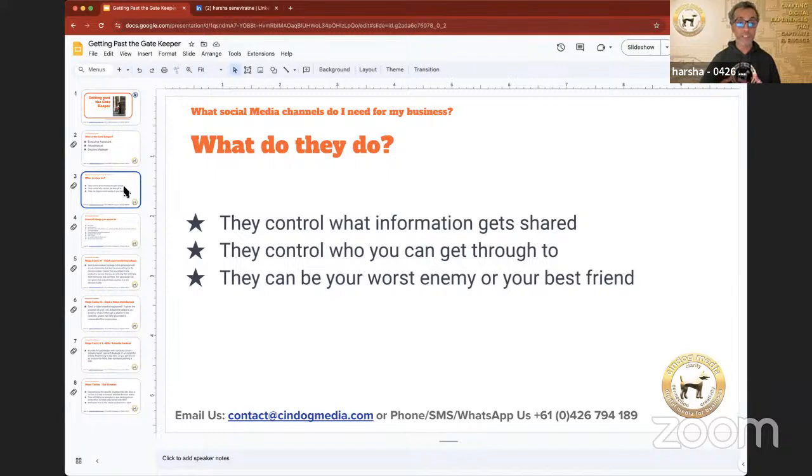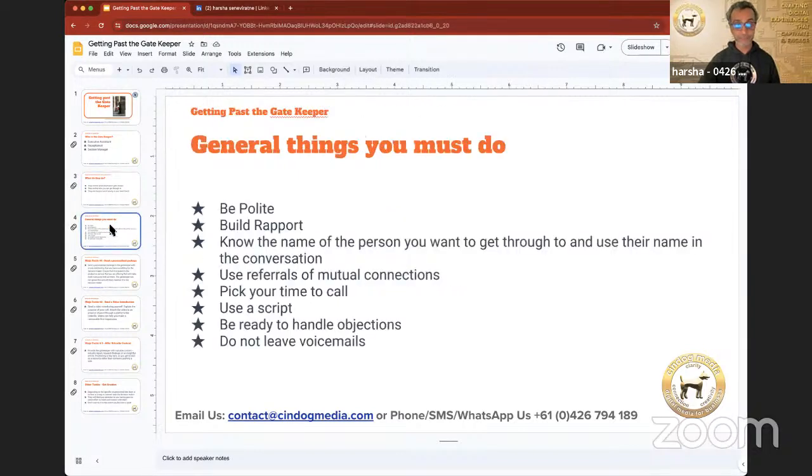If you get rejected, or if you get objections about whatever you're trying to do, whatever you're trying to sell, whatever you're trying to showcase, how are you going to manage that process? Have something in mind before you do that. So that is what we're going to go through, to give you some support, to give you some ideas on how you can manage that.